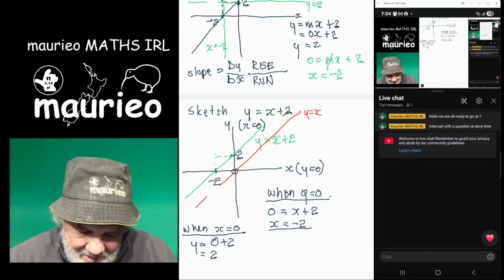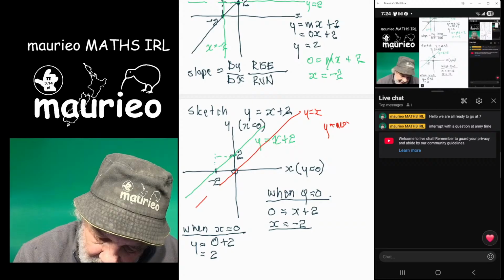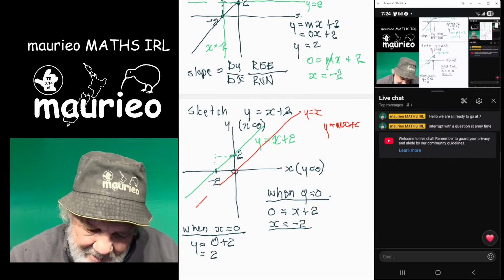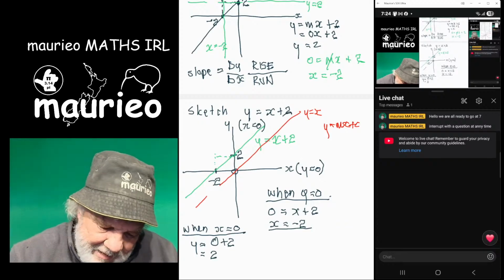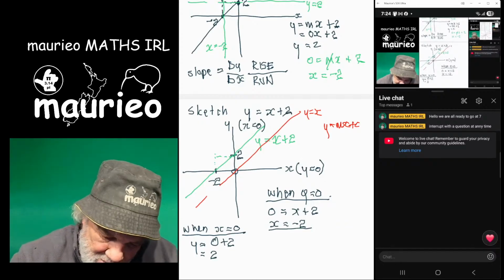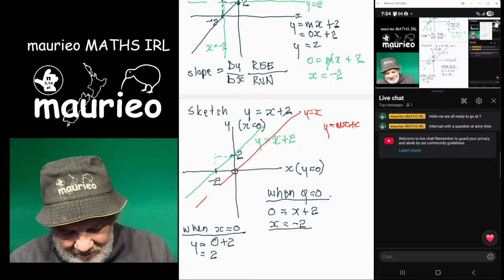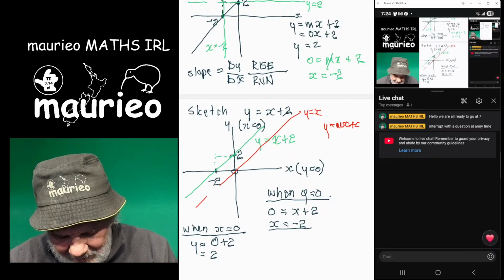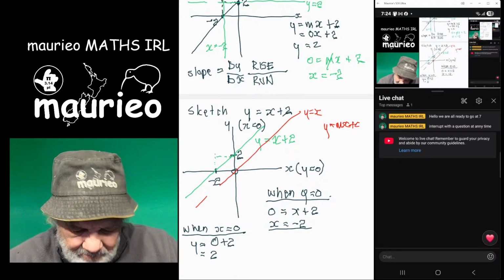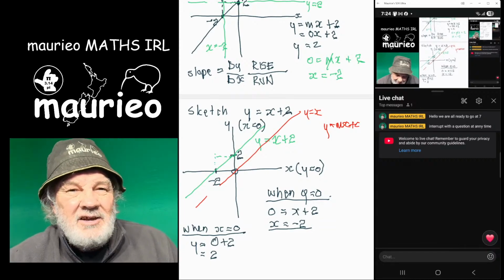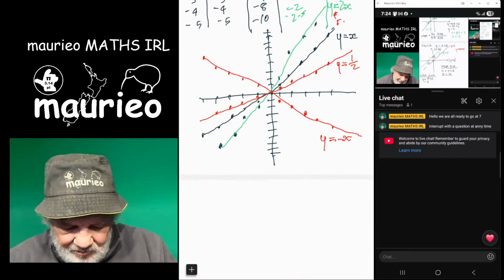Remember the m, y equals mx plus c. Remember the m tells us the gradient, it's 1, y equals x. And then if we add 2, it just moves the whole graph up, right, y equals x moves it up like that, and then we can change the gradient. So pretty much we can move and generate these